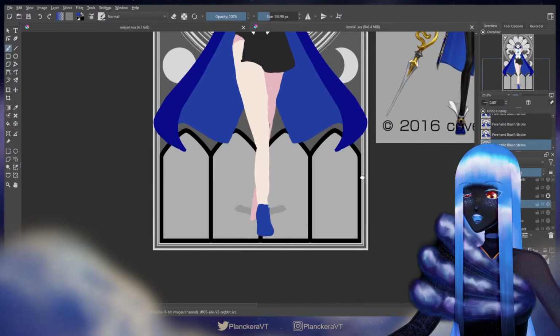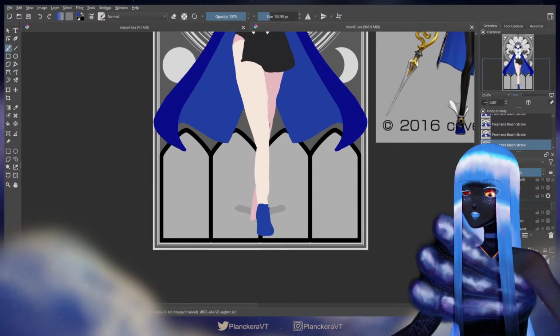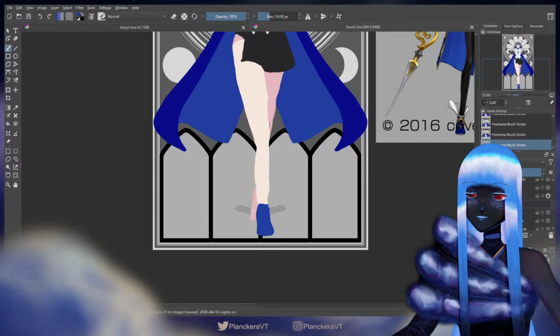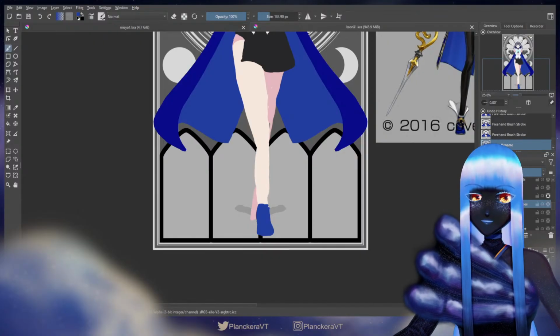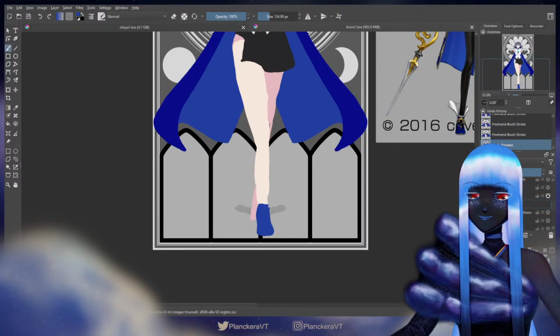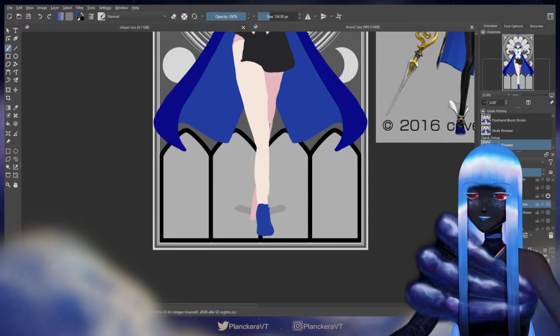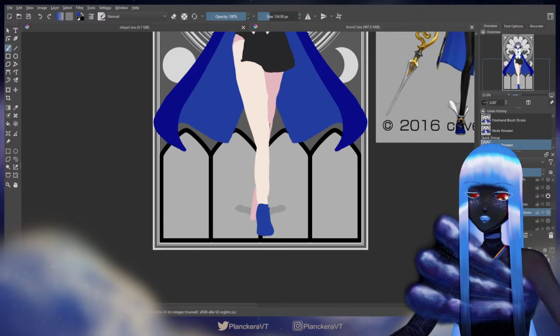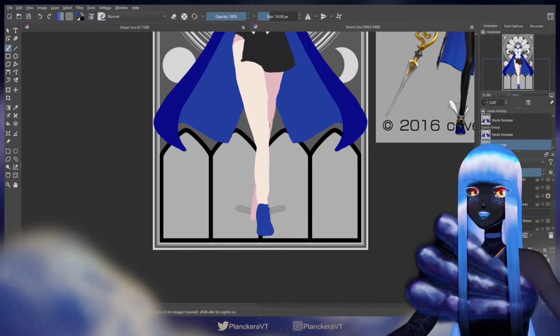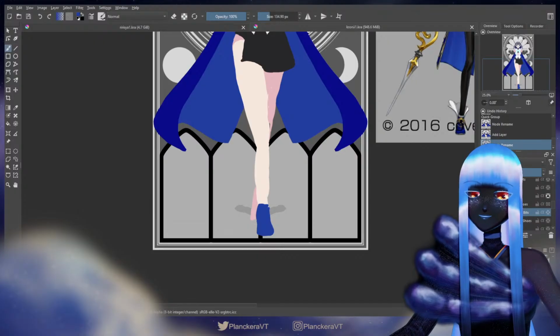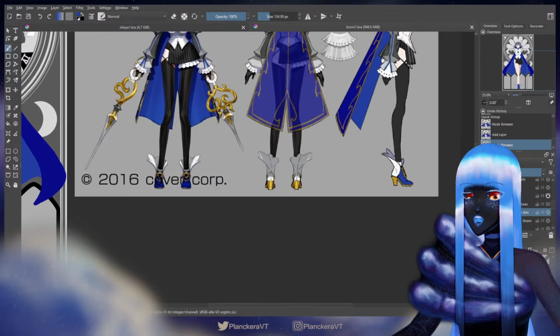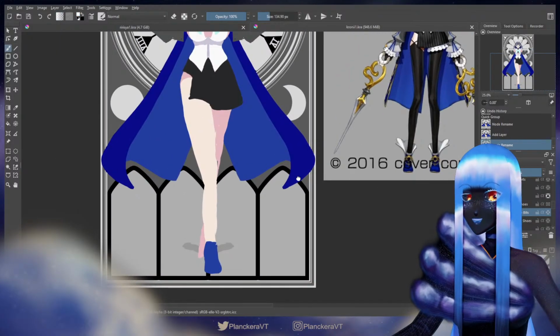Alright, and... you know what? I'm gonna make this front. And I'm gonna do the back ones on a separate layer. And now I can draw the weird white bits. So all the little floofy white stuff going on there.